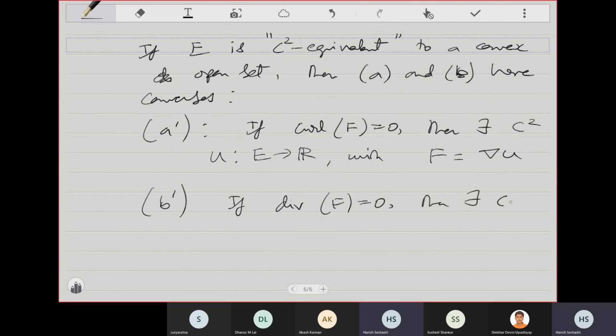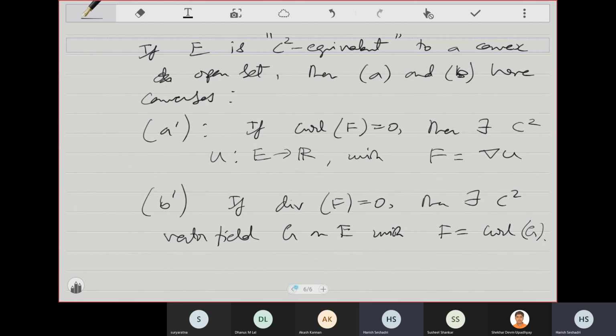Then there exists a C2 vector field G on E with F equal to curl of G. So the point here is that these things